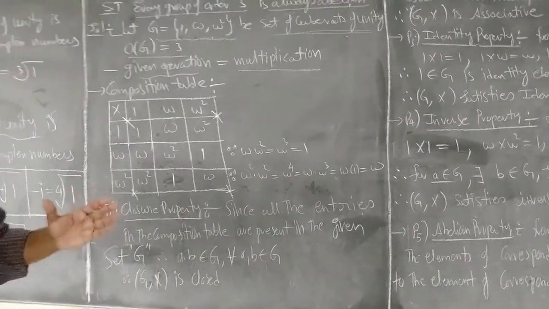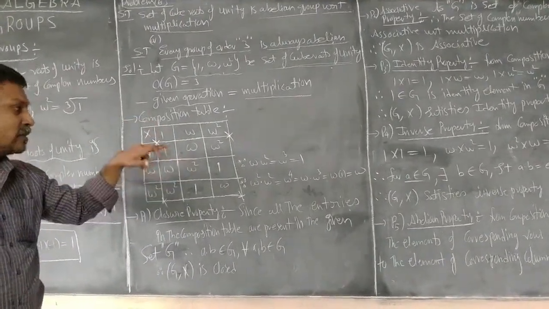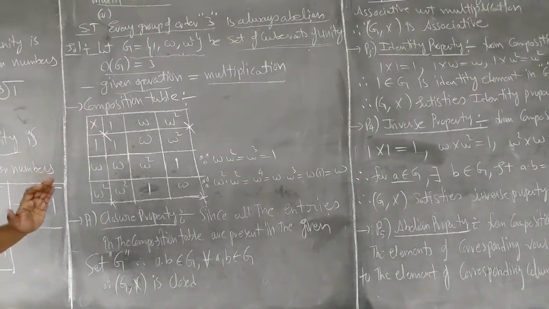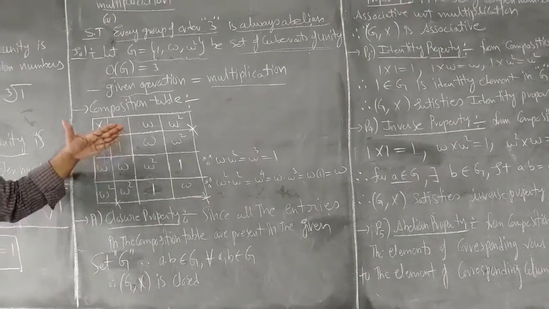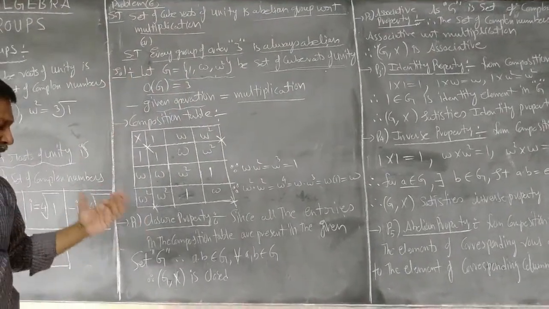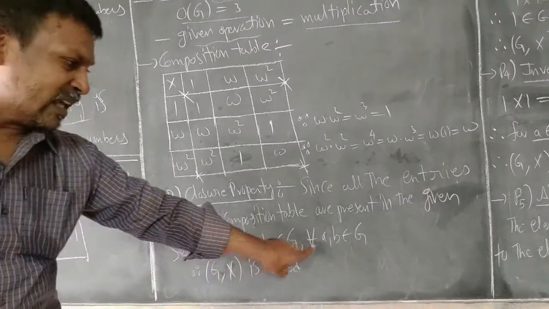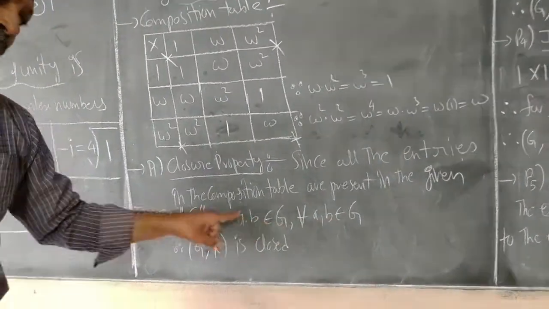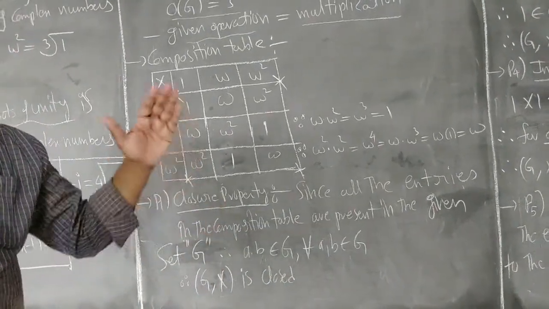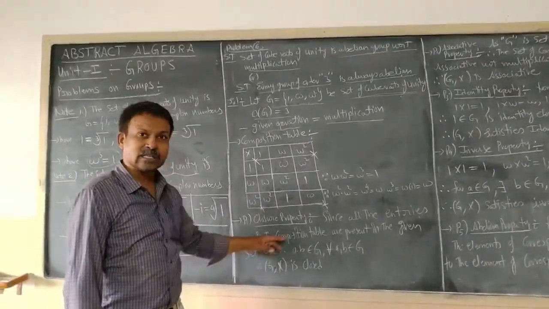The three elements arranged in different orders in 3 rows are the resultant entries by multiplying the different combinations of 1, omega, omega square with 1, omega, omega square. Therefore, all the entries of this composition table are again present in set G. Therefore, we can conclude that G is satisfying the closure property. That is, a b belongs to G for every a, b belonging to G is the property being satisfied by the elements of set G. Therefore, we conclude that G, into is closed.